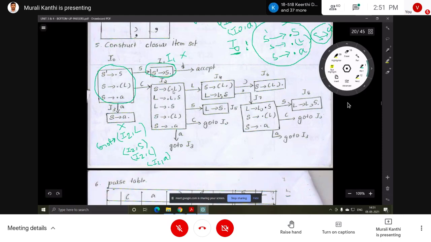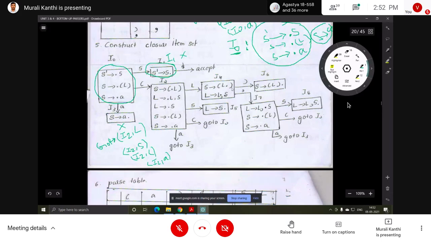With open parenthesis, the dot is shifted to after L. This is S implies open parenthesis L dot, previously before L, now after L. After that we have to see which symbol is there: closing parenthesis, which is a terminal, so no need to add any new items to this set. If it is a non-terminal, then those productions can be added.